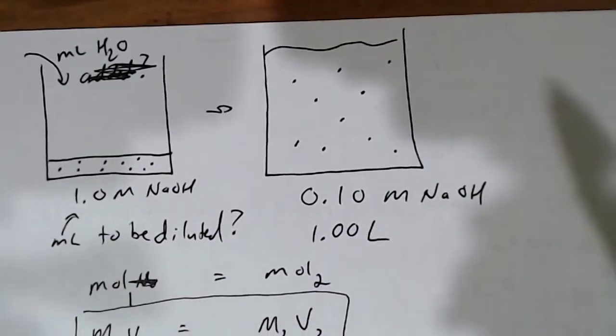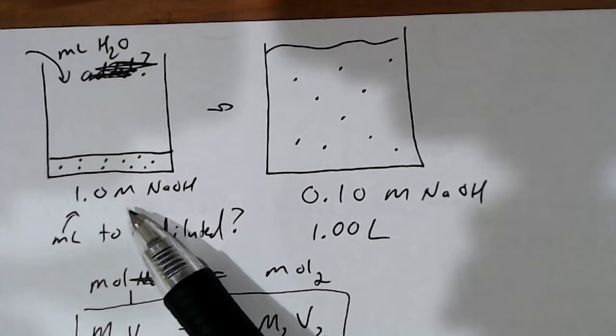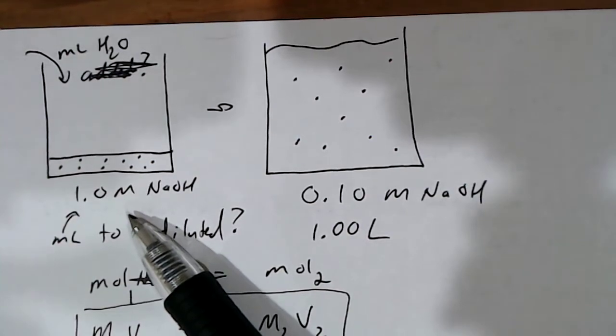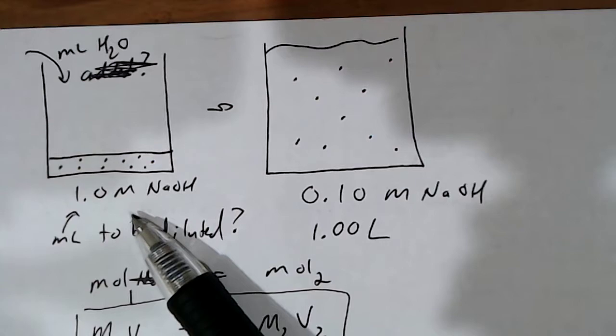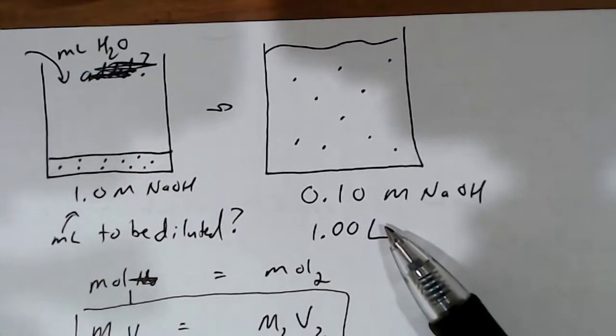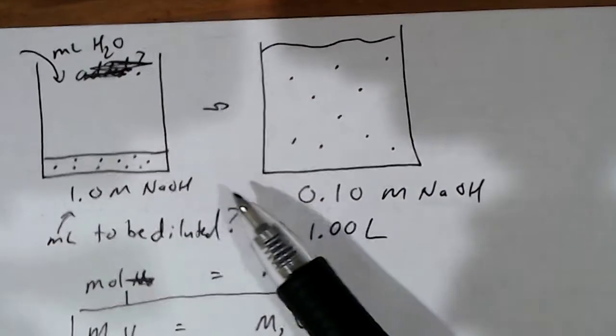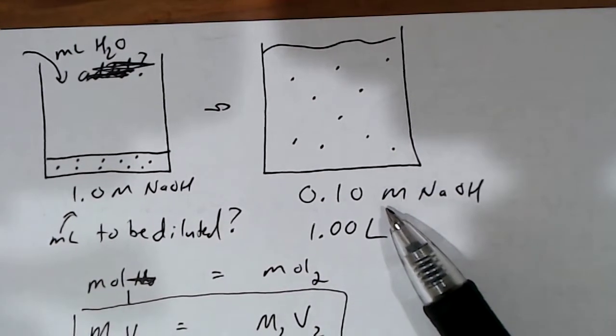Dilutions. So you might keep in the back stockroom a certain molarity of solution. So like I have quite a bit of 1.0 molar sodium hydroxide. But sometimes I might want some 0.15 molar sodium hydroxide or 0.17 molar sodium hydroxide. I can't keep every one of those solutions available. So what I do is I keep a concentrated version of sodium hydroxide, and then anytime I need a more dilute solution, I can just get some of that concentrated solution and add water to it to make a dilute